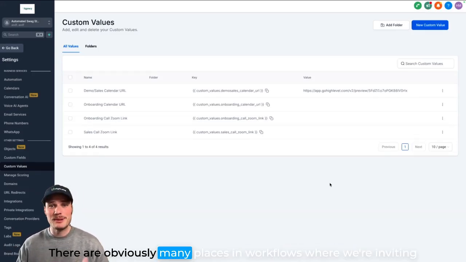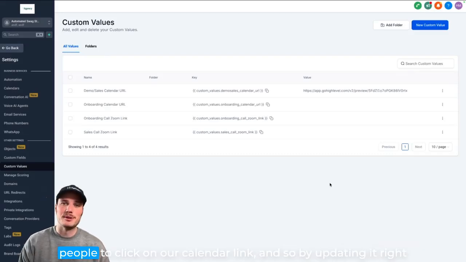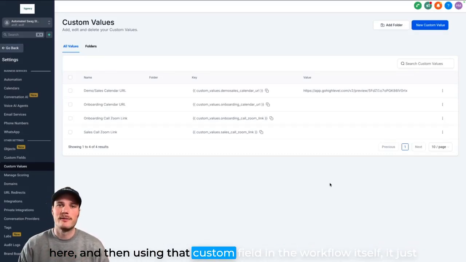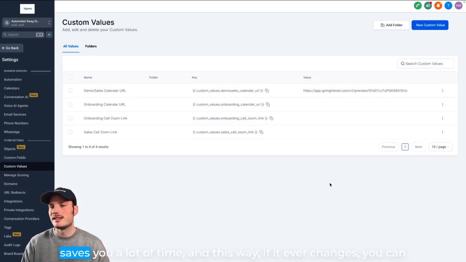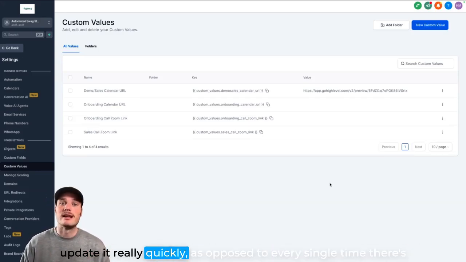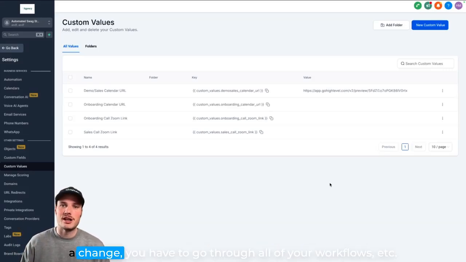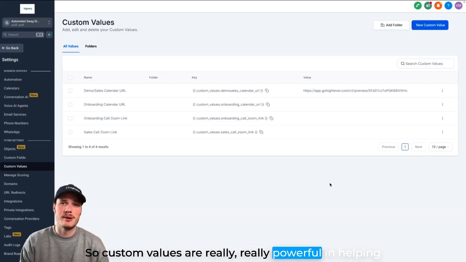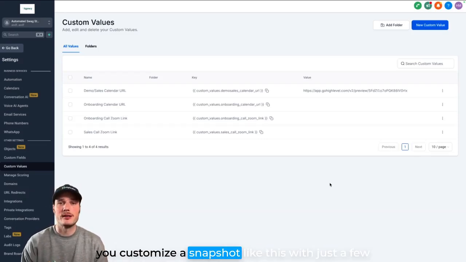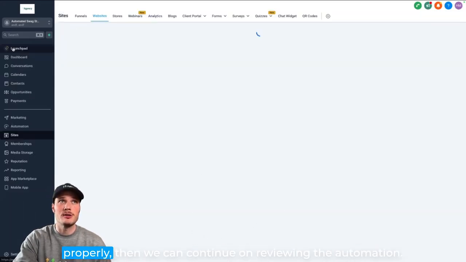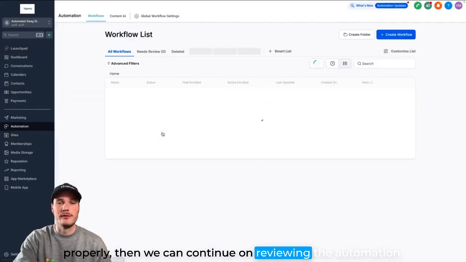There are obviously many places in workflows where we're inviting people to click on our calendar link, and so by updating it right here and then using that custom field in the workflow itself, it just saves you a lot of time. And this way, if it ever changes, you can update it really quickly, as opposed to every single time there's a change, you have to go through all of your workflows, etc. So custom values are really, really powerful in helping you customize a snapshot like this with just a few clicks of a button instead of an hour of work. So that all said, make sure your custom values are set up properly,